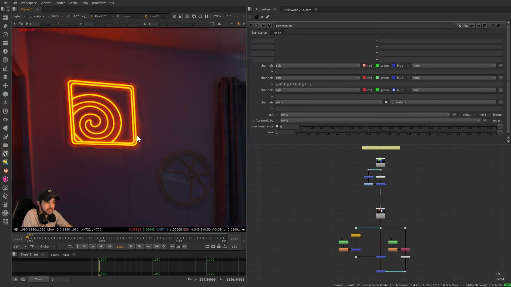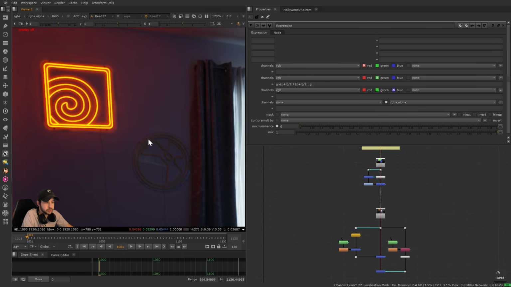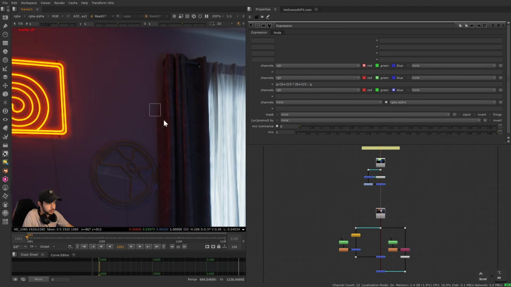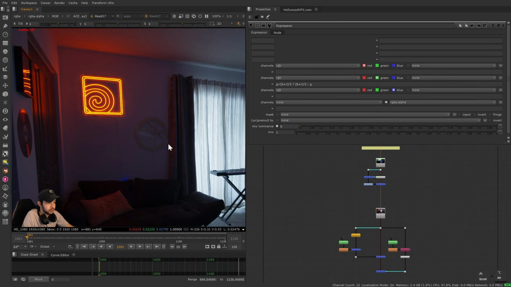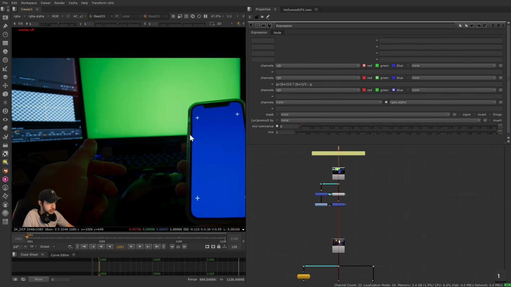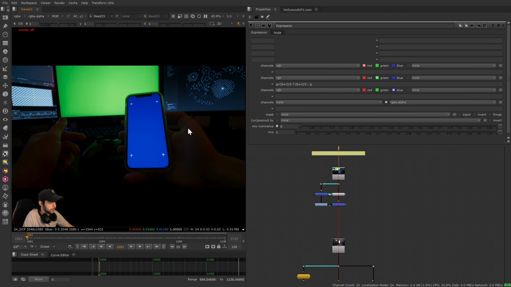So if we were going to paint these two things out, we would probably want to use techniques that we've already been talking about throughout this course. But when it comes to actual light and spill itself, there are many different ways we can isolate that and remove it. So just to go back to this shot for an example,